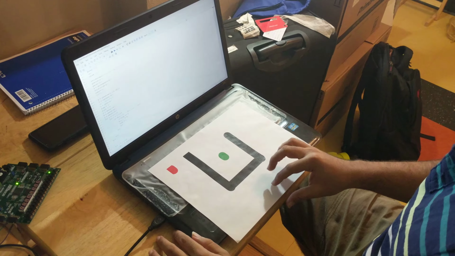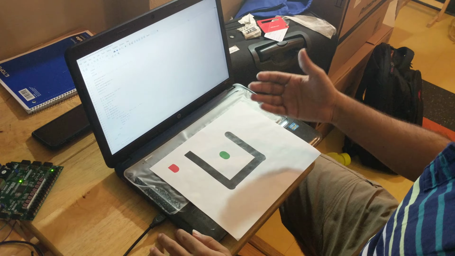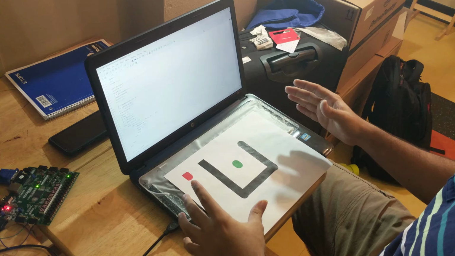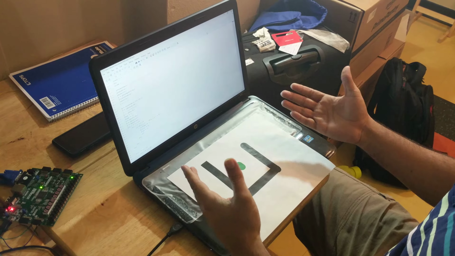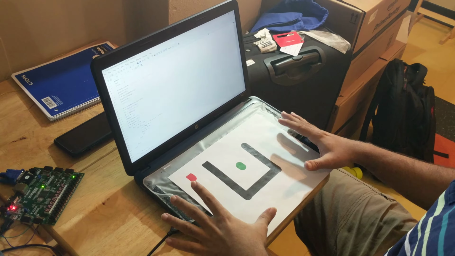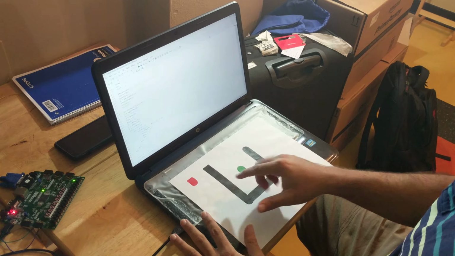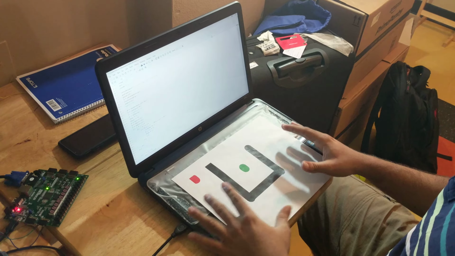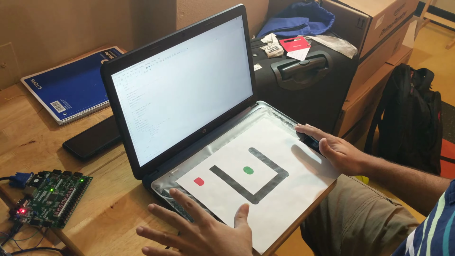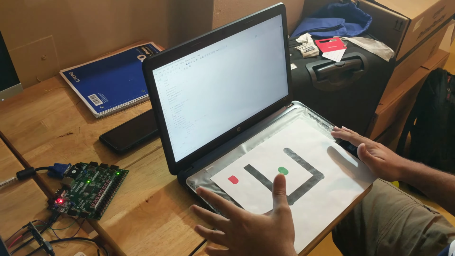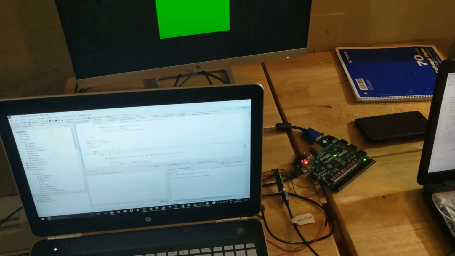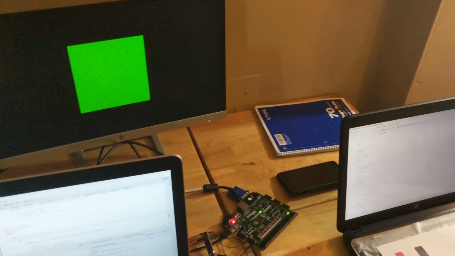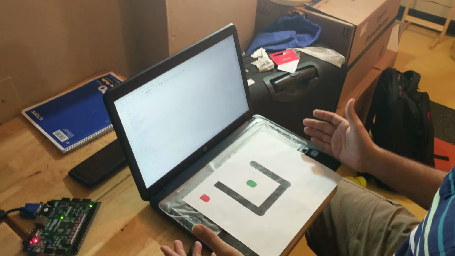structure on it. And then when we scan it through the camera, we use MATLAB to do some rudimentary image processing. And once we have the processing algorithm on MATLAB, it gives us a 16x16 grid which has all the obstacles and the start point and the stop point. Now once we have this grid, we feed it to the FPGA, and the FPGA has the MicroBlaze system on it. The MicroBlaze system will get all of the coordinates, and once it has all the coordinates, it can start computing the shortest path from the start to the stop using Dijkstra's algorithm.